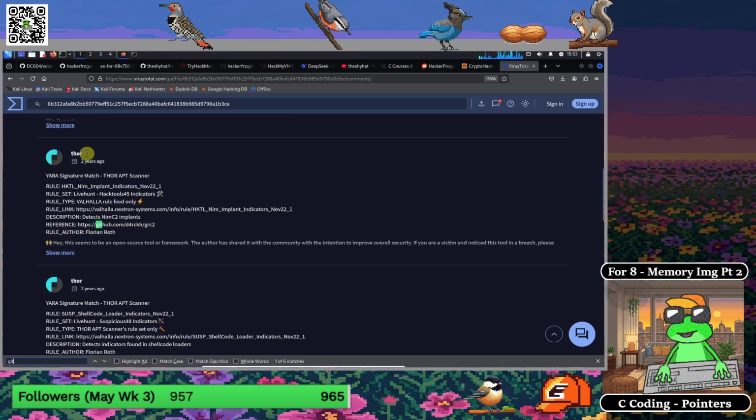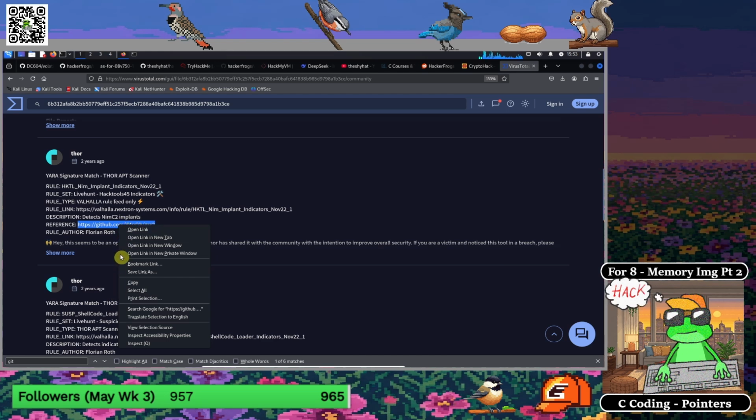And over here, it says description detects NIMC2 implants. So NIMC2 implants, this is a type of virus that's called a command and control. It basically lets people run commands on other computers through a manager service. So if we take a look and copy this link,